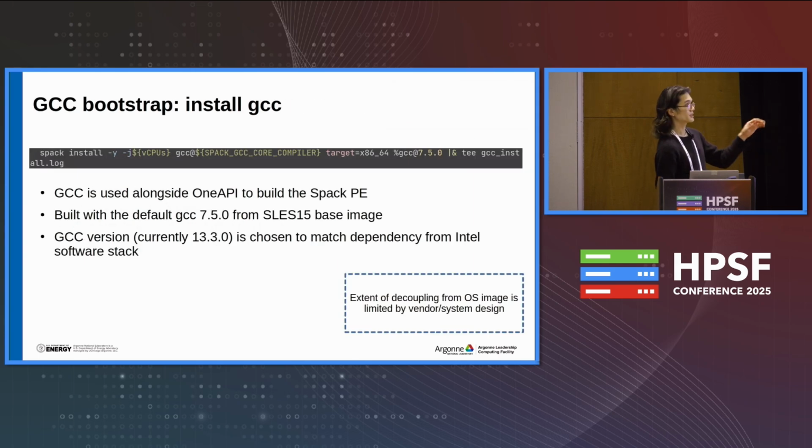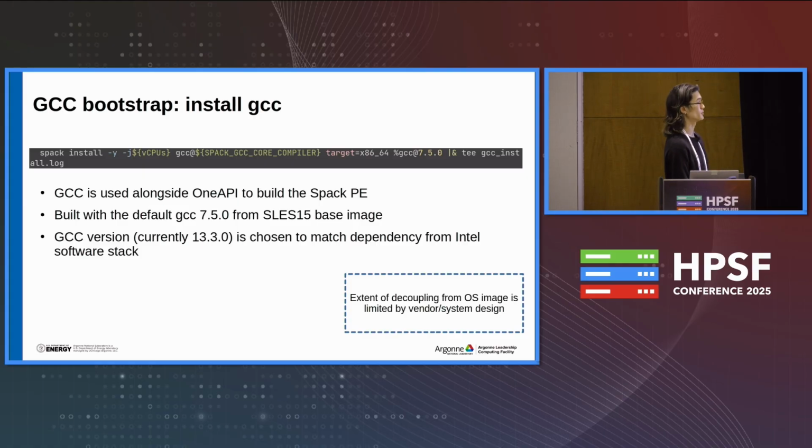Okay, so once we have all the configurations set up, I mentioned this GCC bootstrap step. It's not really a bootstrap. It's just building GCC with the system compiler, which is also GCC. The idea is that we do want to separate the PE dependencies away from the OS image dependencies as much as possible. So we build GCC, which of course provides its own standard libraries. It comes with